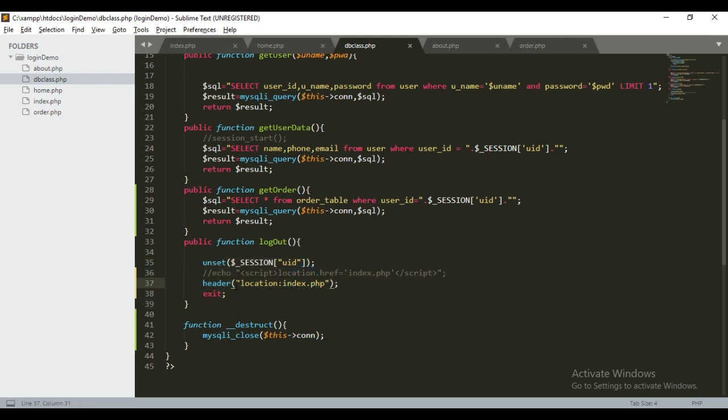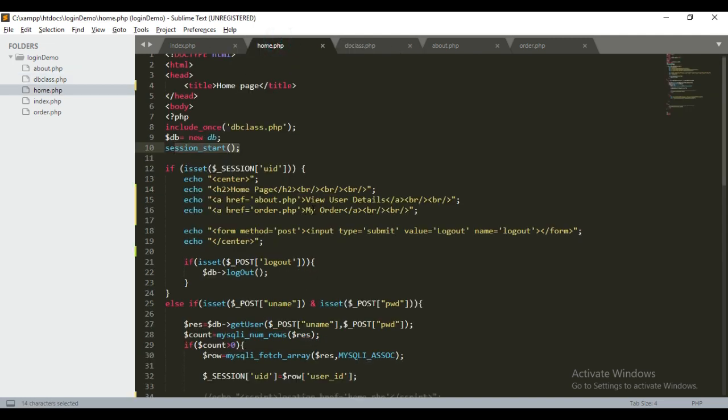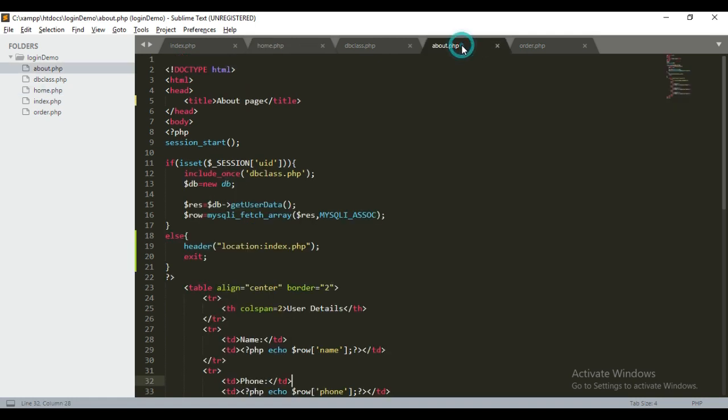Now what is next? We have the user about page and the order page. Now see the about page. In the about page we are going to check a session. For that we started a session here. Now we check whether the session is set or not.